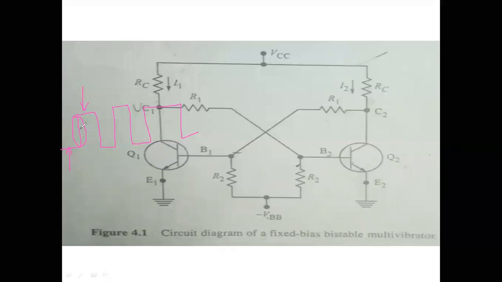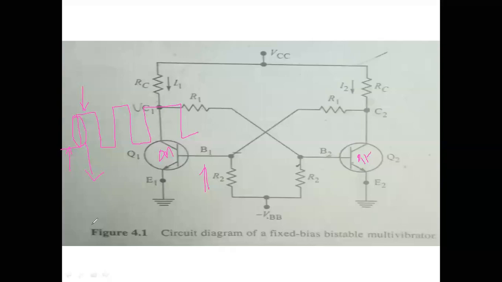In this time interval, suppose previously it is in on state, the output voltage is at zero. That means it is in on state, and it may also be in off state. On state means we get a stable value of zero output. When you apply a triggering pulse, from zero it may move to another stable state, one. While it is moving, this time period we are going to call the quiescent time period.